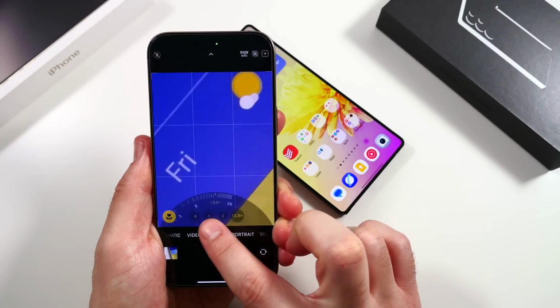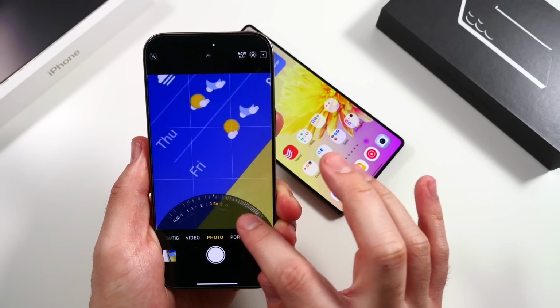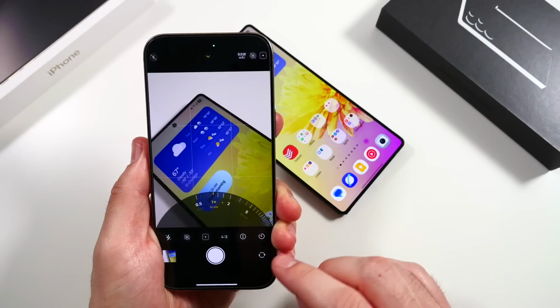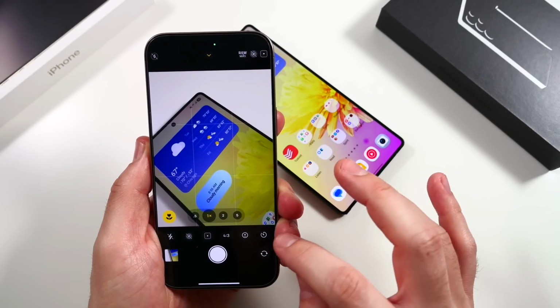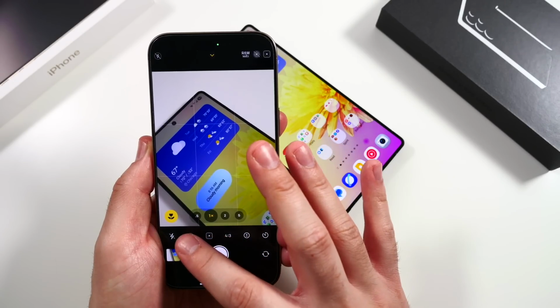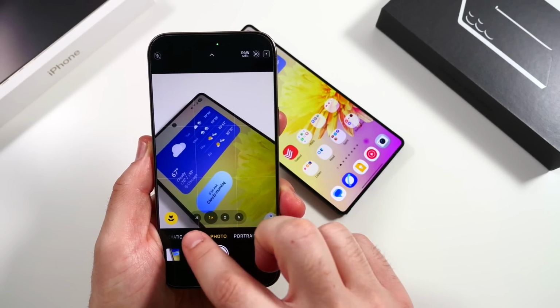You have 2x, 5x, zooming like this. Very smooth on the iPhone. The central features are here as well, different aspect ratios. In addition to that, different exposure values, and you do have different timers, and all the simplistic functionality you need